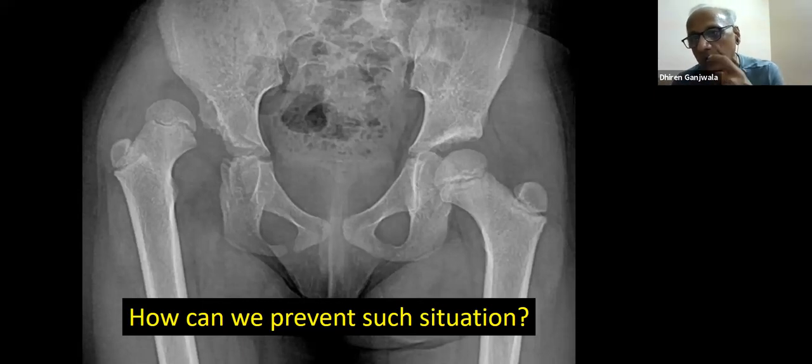No, it depends on the neck length, right? If the neck length is short, with 10 degrees of varus you will not get that much shortening compared to the normal neck length, because it depends on the neck length. So we cannot have an easy or quick rule by which we can say that 10 degrees of varus gives 1 centimeter of shortening.